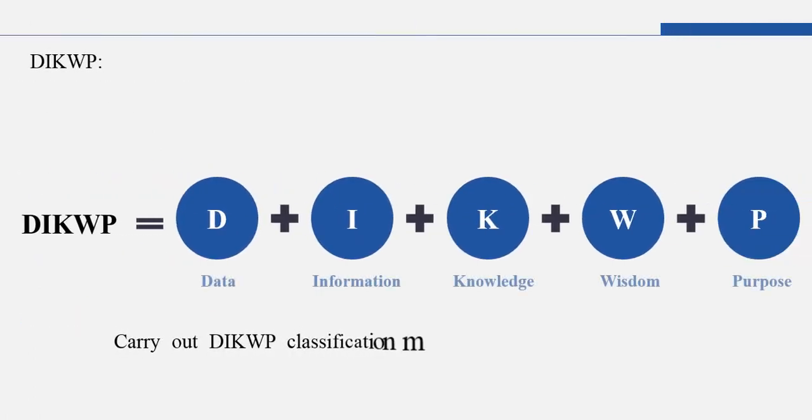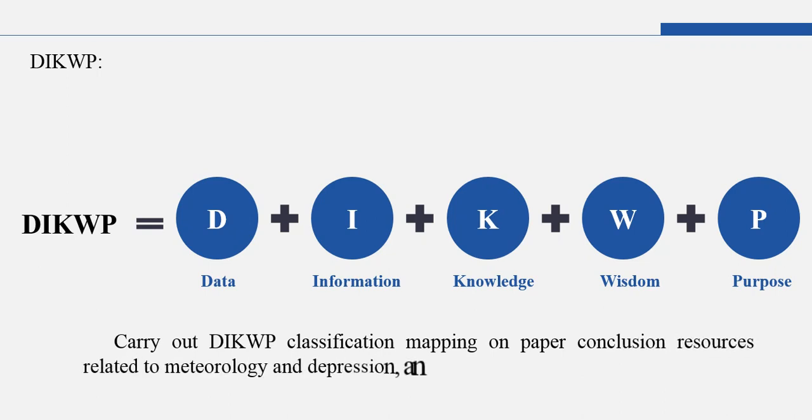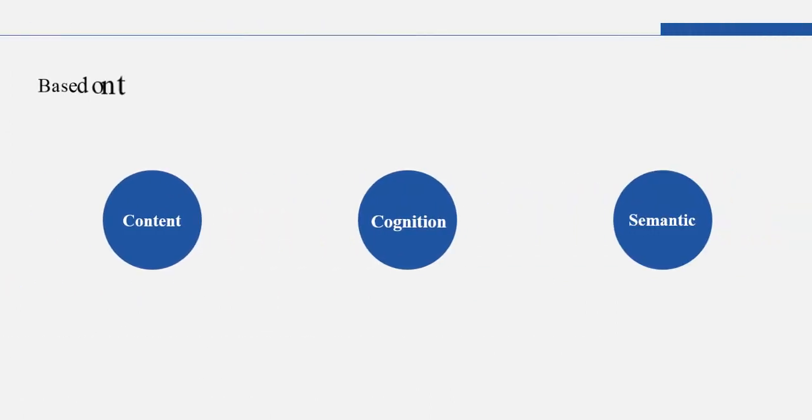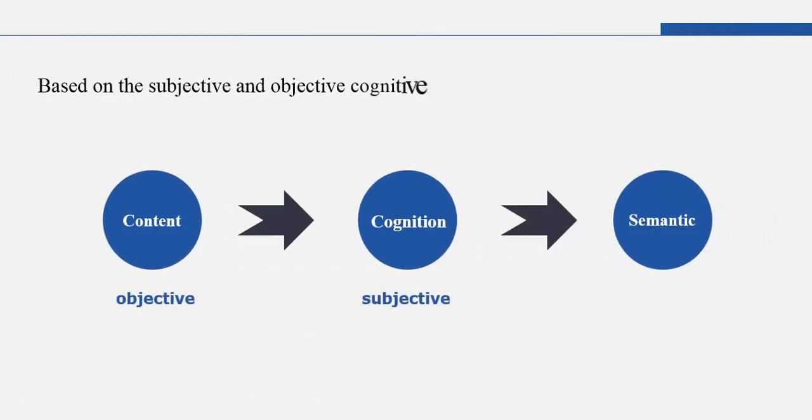We carry out DIKWP classification mapping on paper conclusion resources related to meteorology and depression, and construct a DIKWP model. The DIKWP model includes 5 levels: data, information, knowledge, wisdom, and purpose. Based on the subjective and objective cognitive